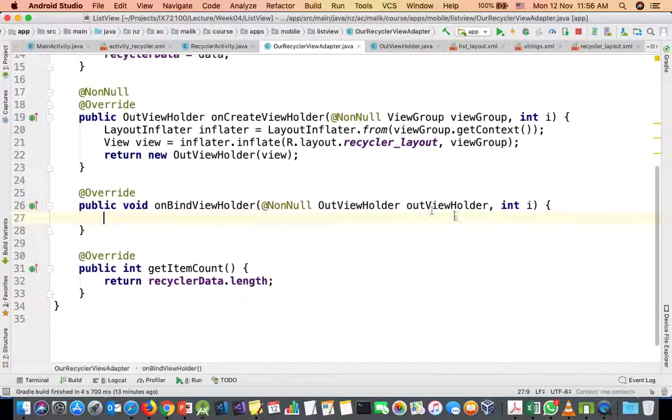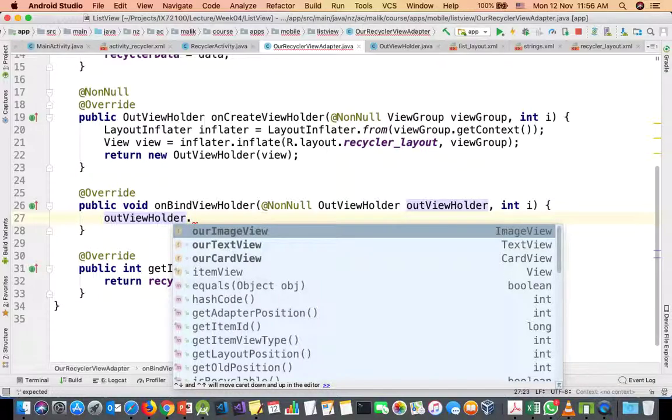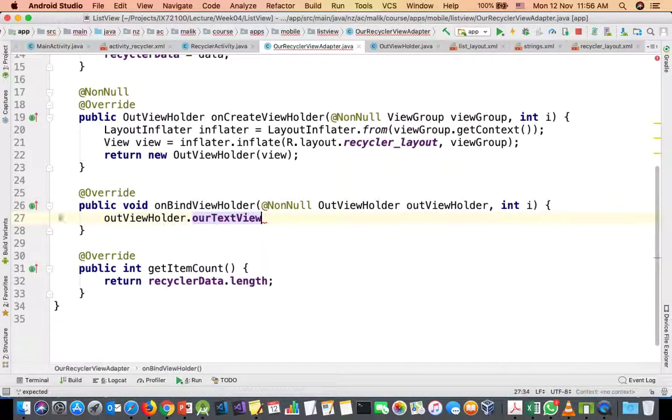this is our out view holder. It should be our, I think we mistakenly put it as out. It's not our out layout. So we are saying that in the our view holder, we have that particular our text view, and we are saying